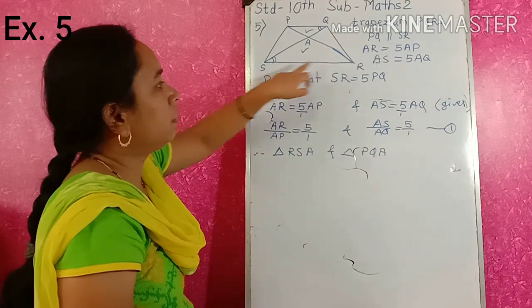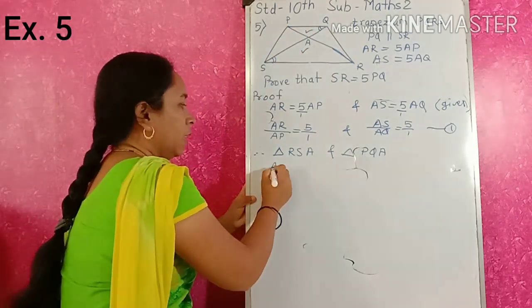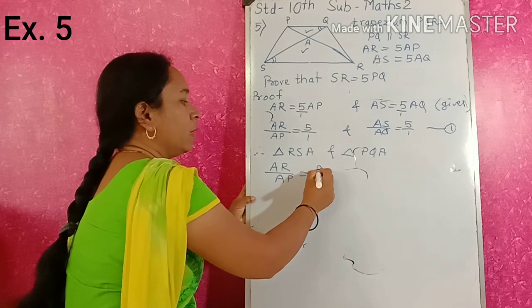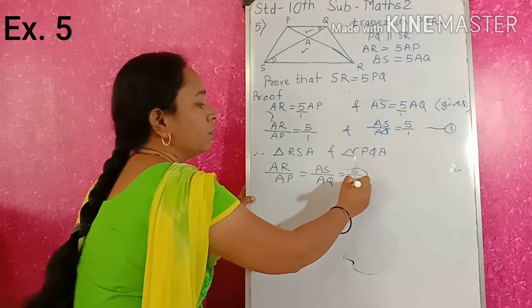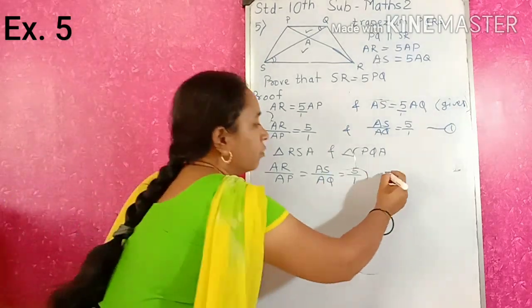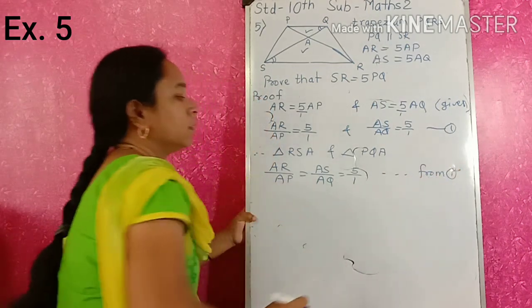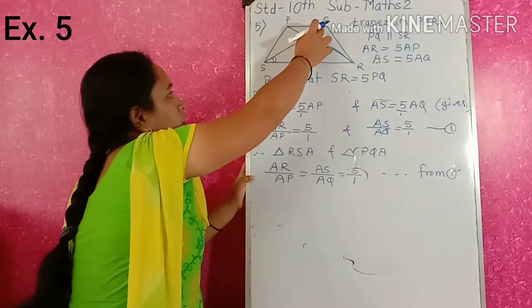In triangles RSA and PQA, AR upon AP is equal to AS upon AQ is equal to 5 upon 1. This I have written from 1. Now I have got two sides in proportion. Now if you observe,